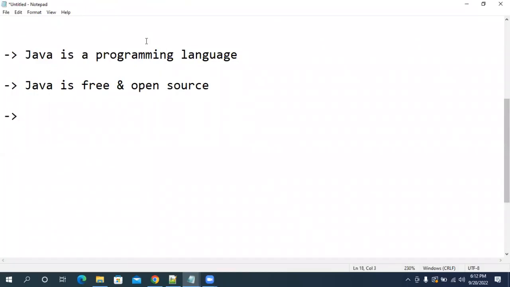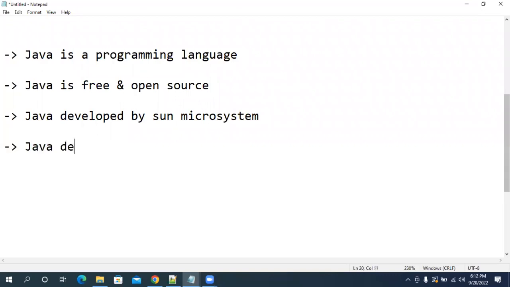Java was developed by which company? Java was developed by Sun Microsystems. Java was released in which year? Java was released in 1991 as the Oak language. Later they renamed it to Java.